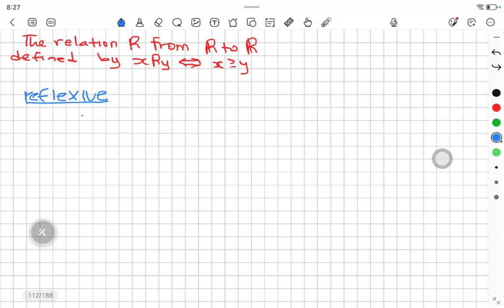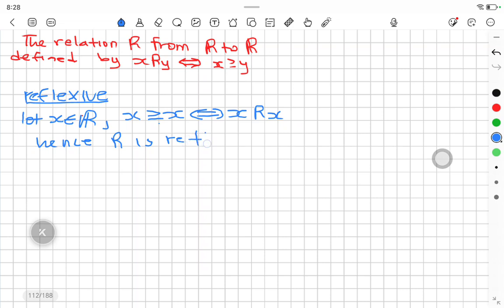So first what we're going to do here, we're going to let one element, which is x, be an element of R, which is a real number. Then we say that x is greater or equal to x if and only if x is related to itself. And this is true, there's an equal sign there. So I'll say hence R is reflexive. Then for symmetric,